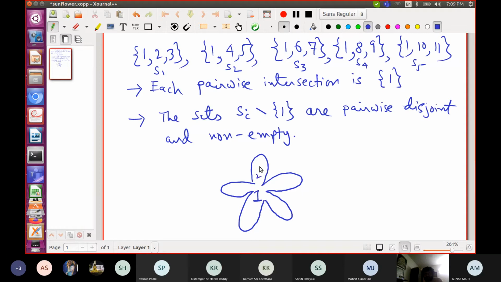So this is 2, 3. This is 4, 5. So the sets are these: 1, 2, and 3; 1, 4, and 5; and so on; 1, 6, and 7; 1, 8, and 9; 1, 10, and 9.